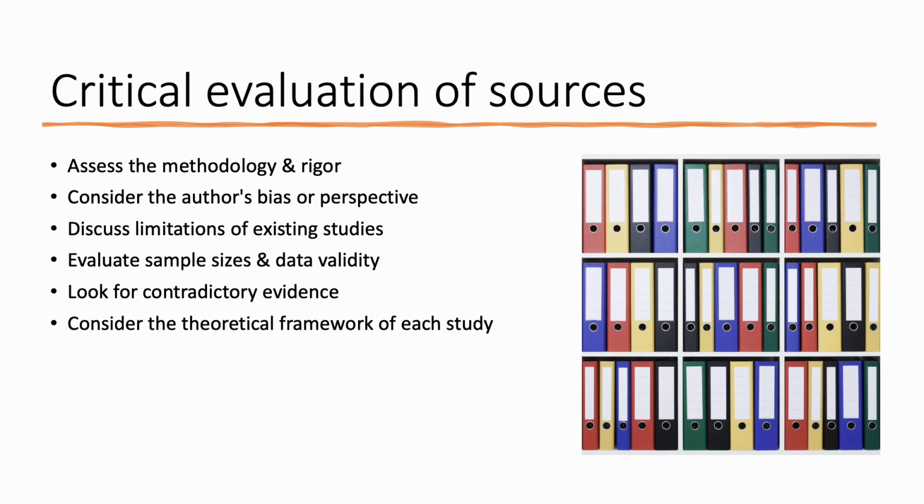When you are reviewing the journal articles and books and the literature that you are using to incorporate the ideas into your literature review, it's important to assess what methods have been used, what rigor has been included, and is there any bias that has come across because of some study that is being done. If it is a study trying to show me that a paper product is much more environmentally friendly than a plastic product, but the study was being paid for by one or other of those individuals, is that really an open and transparent study? And sometimes it might be, but just make sure that you look at it critically.